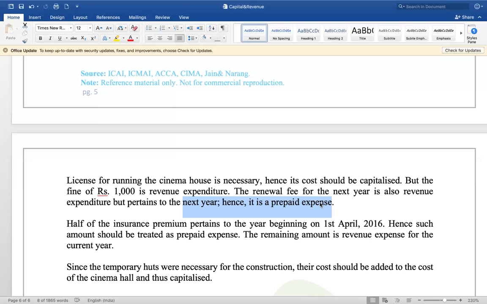Understand? Let's say salary outstanding. What do you do with salary outstanding? You will add it to the salary. Salary is 10,000. Outstanding salary is 2,000. So you will add this 2,000 to 10,000, so that the total salary becomes 12,000. And again, you bring it and drop it in the